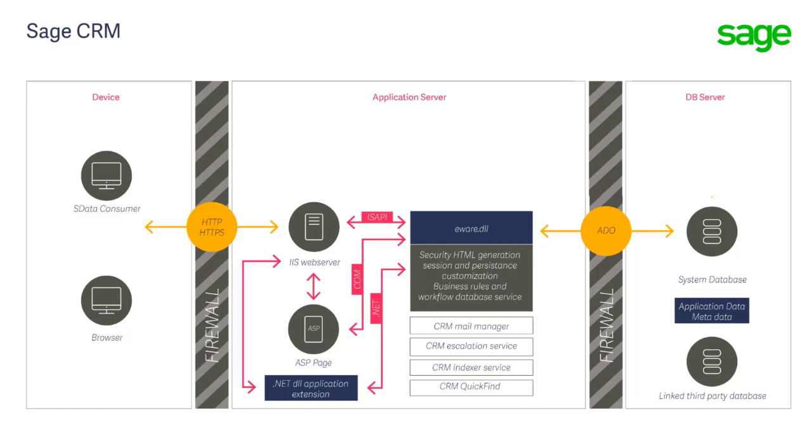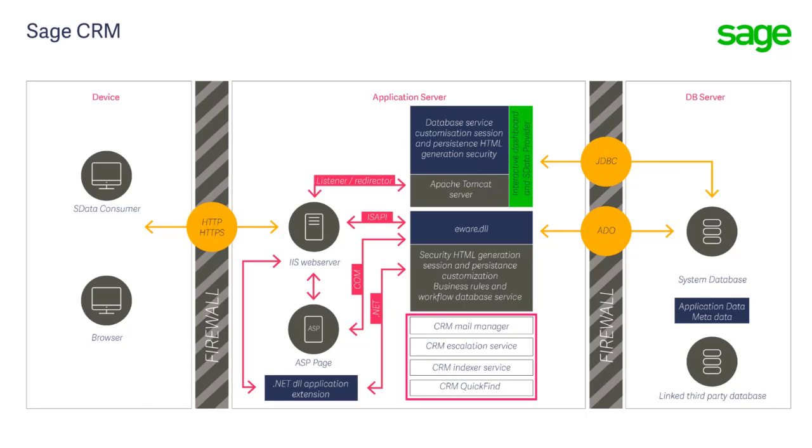And what you don't see here is also SOAP. The SOAP web services are interacting with the eWare DLL as well. Sage CRM has a very, very wide range of APIs available to it. And most recently, we've started to add in other APIs that are based on the newer side of the architecture. From version 7 of Sage CRM, which is now over 10 years ago,